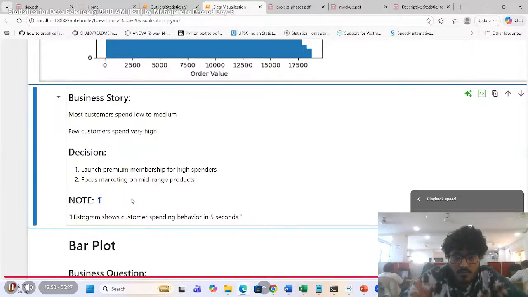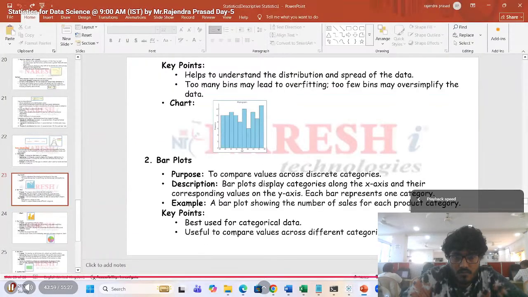How are you going to do this? How are you going to communicate the insights out of it? Is this clear? Everybody? So next, we have a bar plot. First of all, we see why we use it, when to use it. Bar plot is specifically used